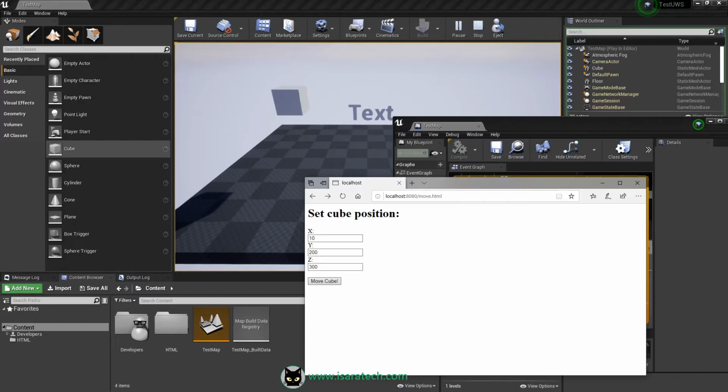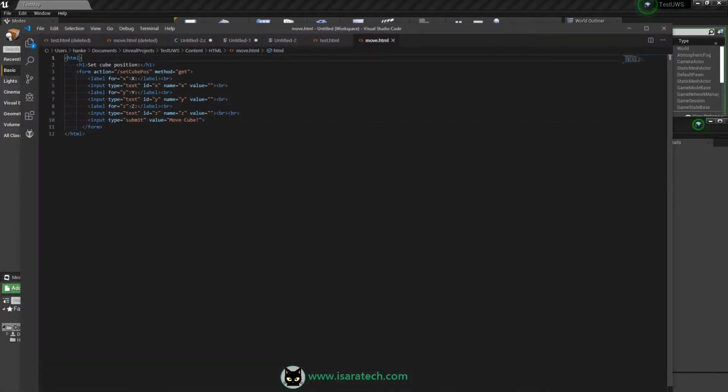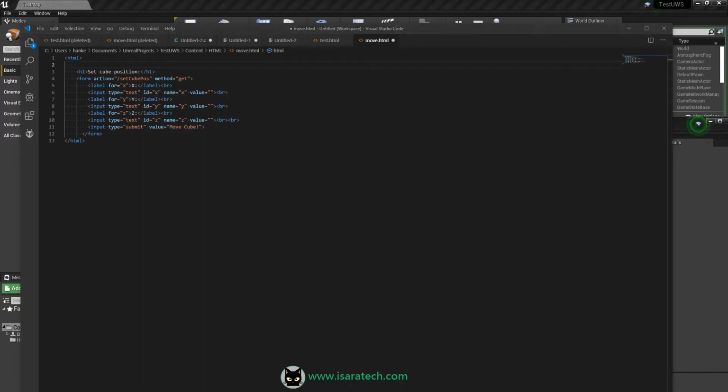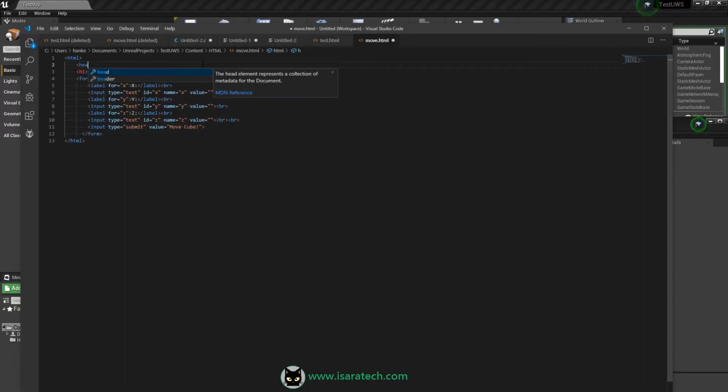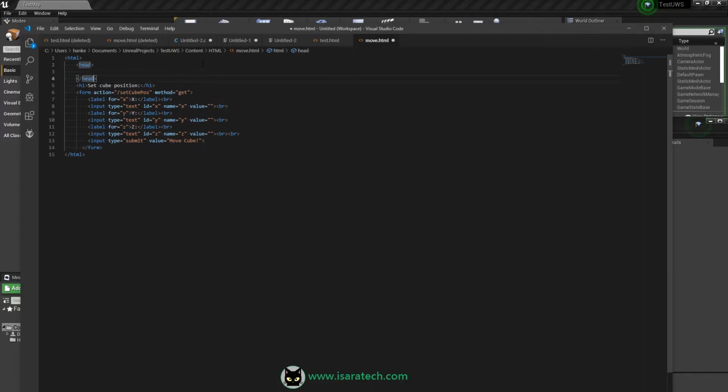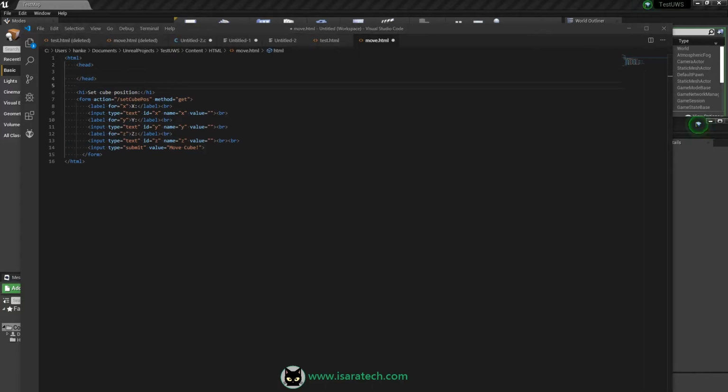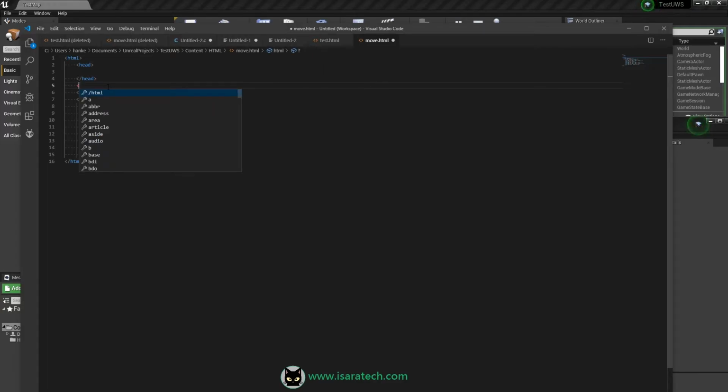Let's continue with my move.html file. Let's add some graphical improvement. For instance, let's add Bootstrap. Bootstrap is an open source toolkit using CSS, HTML, and JS to quickly improve the graphical design of your web page.